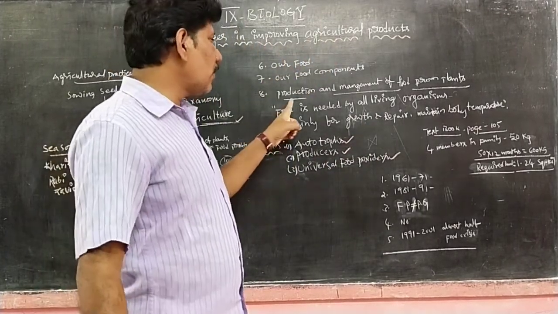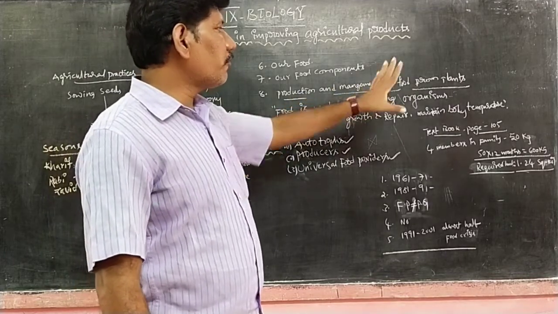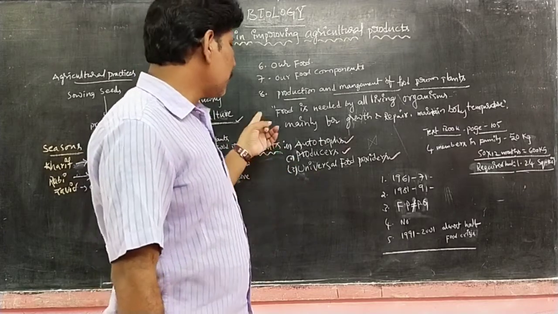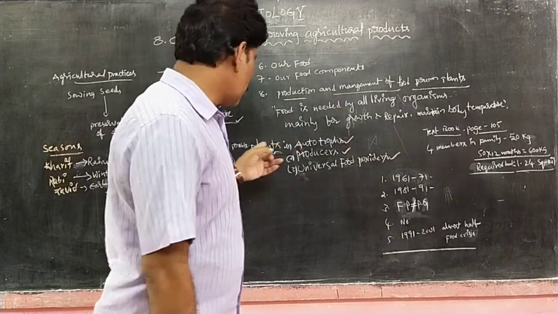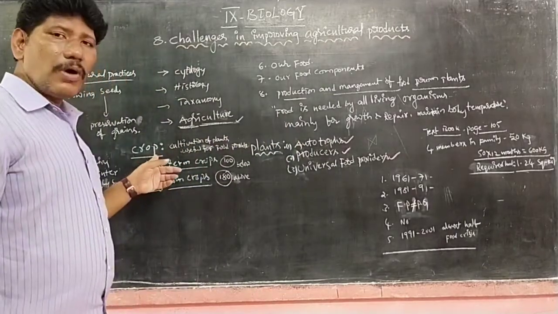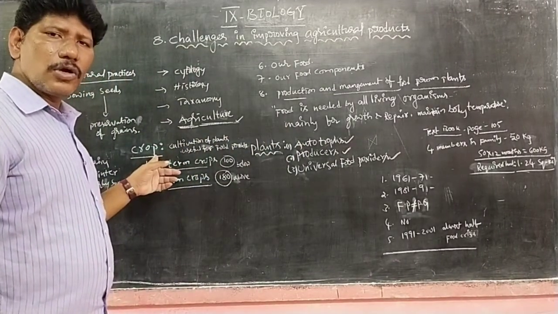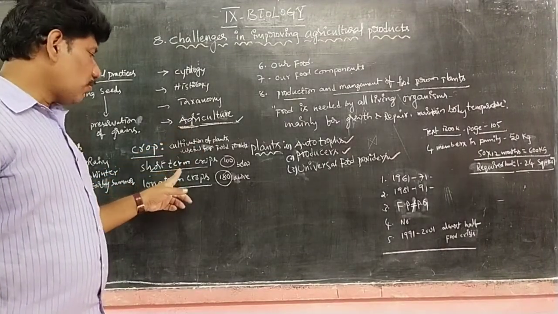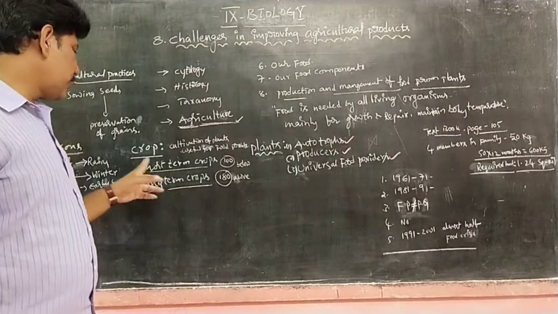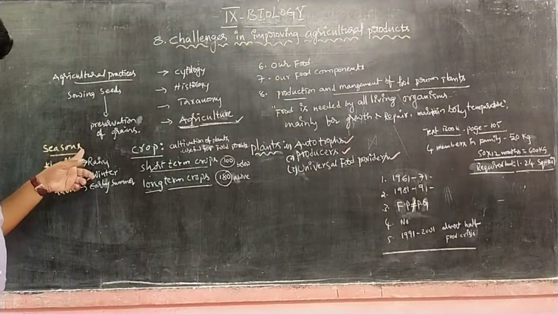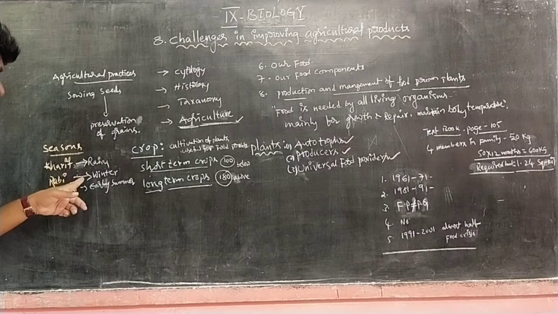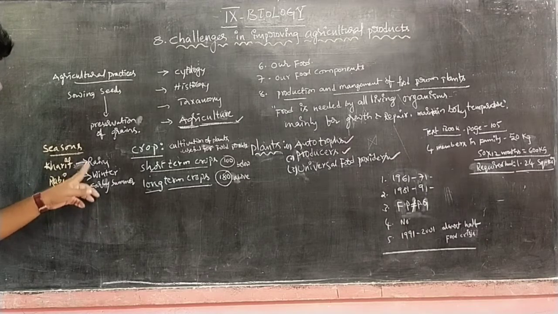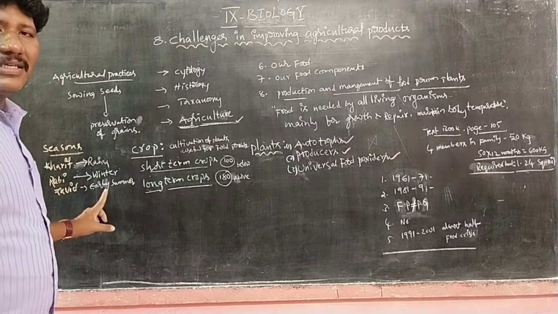In 8th standard, we already learned about production and management of food from plants. I mean that we are getting food from plant cultivation. Here we learn what is meant by crop, what is meant by agriculture, and what short-term crops and long-term crops are. Next, we have seasons like the Kharif season and the Rabi season, whereas in the middle between the Rabi and Kharif seasons we have the early summer season that we call the Zaid season.